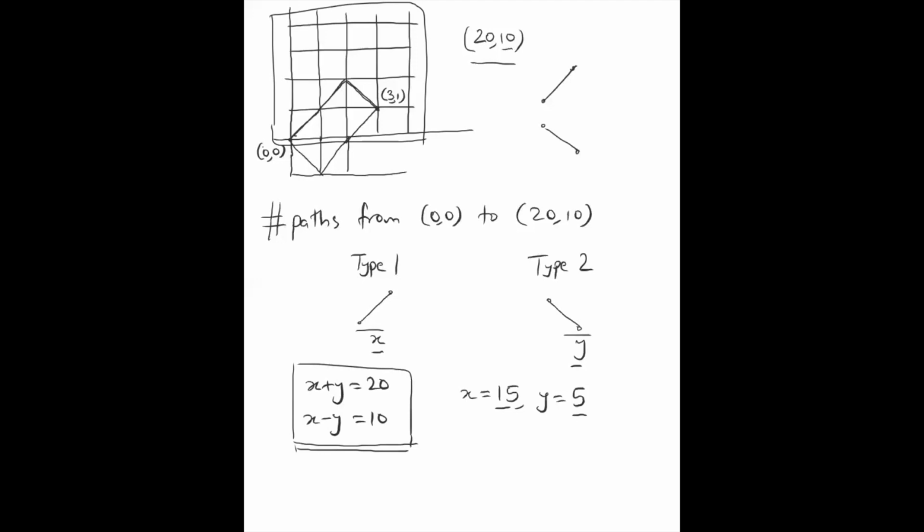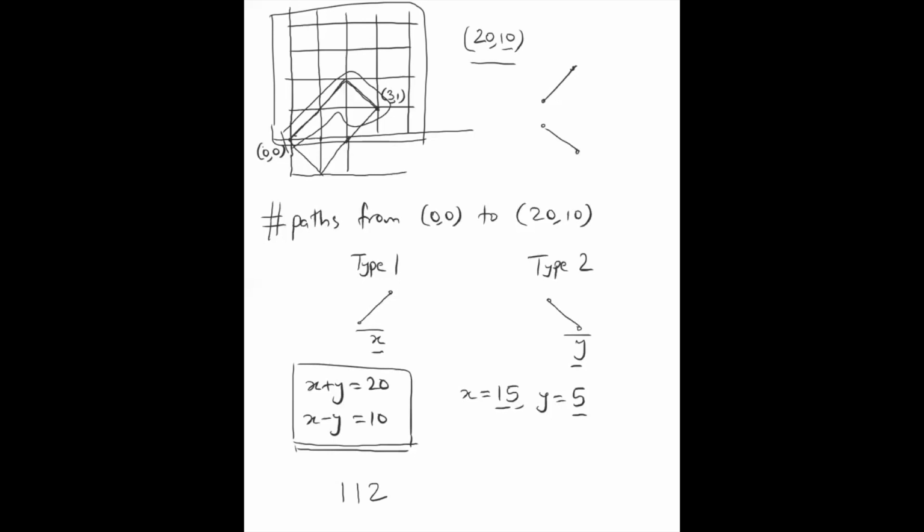Say we are looking at this particular path, the one I've just circled. First the person makes a type 1 step, so I write a 1. Then he makes another type 1 step, so I write 1. And then he makes a type 2 step, so I write 2. This is how I will be representing paths, as a sequence of ones and twos.